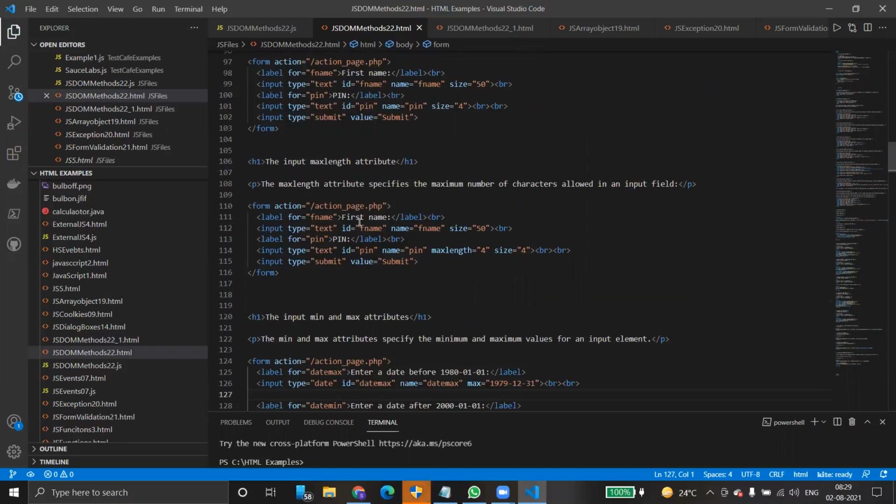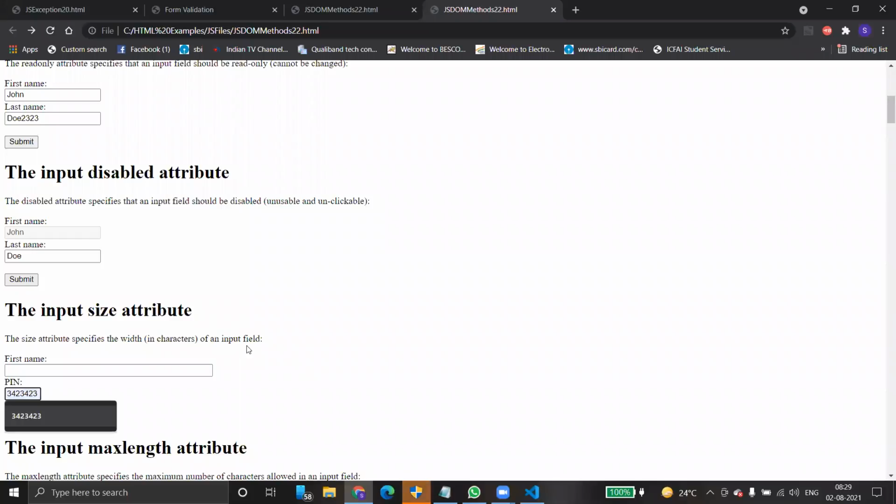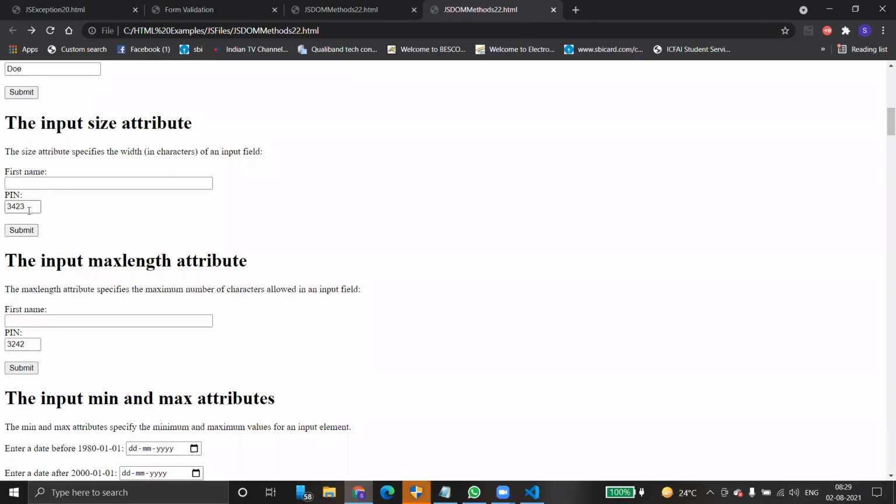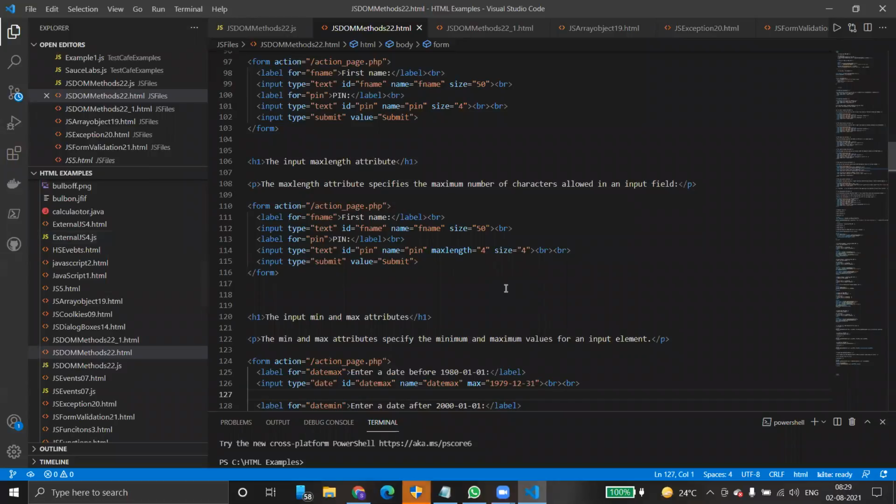Now, maximum length. Now look at here, go to maximum length, pin. It's not allowing more at all, first of all. With size, it allows more, but when you click on the submit button, it takes only 4 values. Coming to maximum length is 4, that means it is limiting basically. Here also, the input size is 50, and it allows more than 50, but when submitting, the data submitted is only the first 50 characters. It does not submit more than 50 characters.